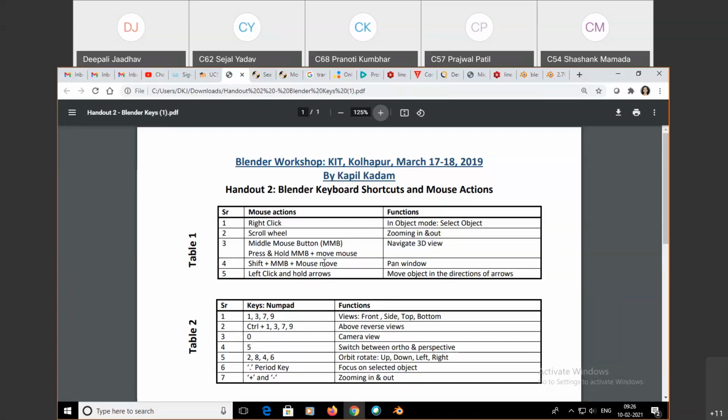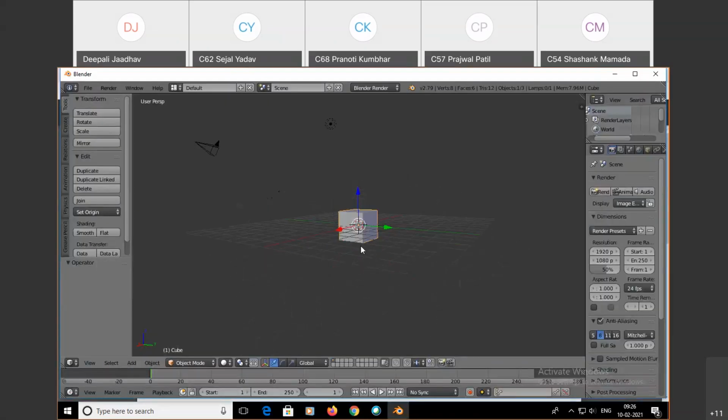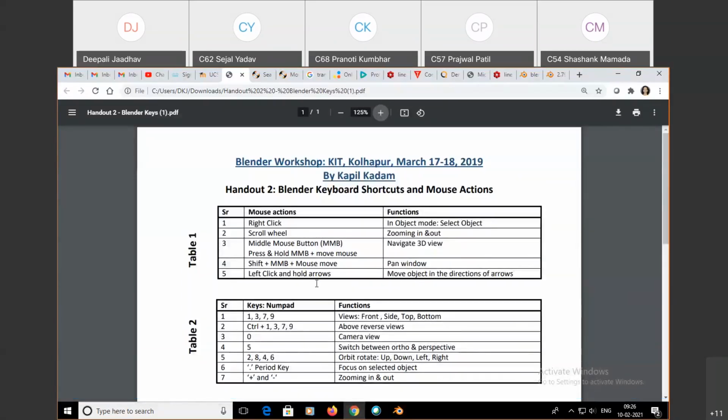After that, middle mouse button, press and hold, move the mouse. We can move the view. See here in this way, I have pressed the middle button and I can see bottom view, side view, front view, etc. Next, left click and hold arrows, move object in the direction of the arrows.